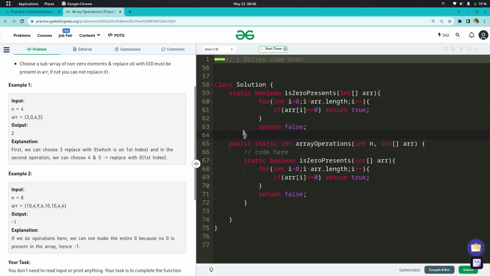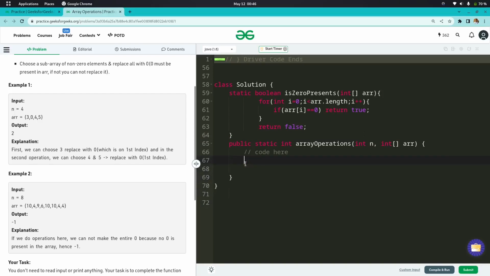Okay, so now that's it. And now we have to count the subarrays, right? So again a for loop from int i equal to 0 to i less than n, i plus plus. And now int count equal to 0 and temp is equal to 0.